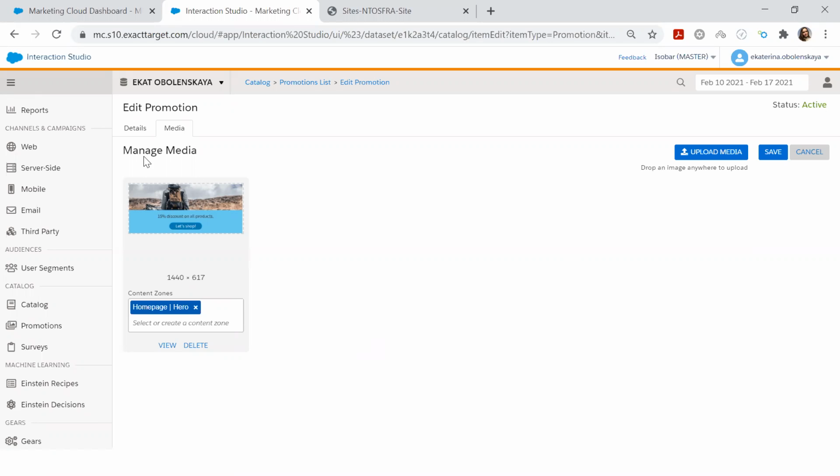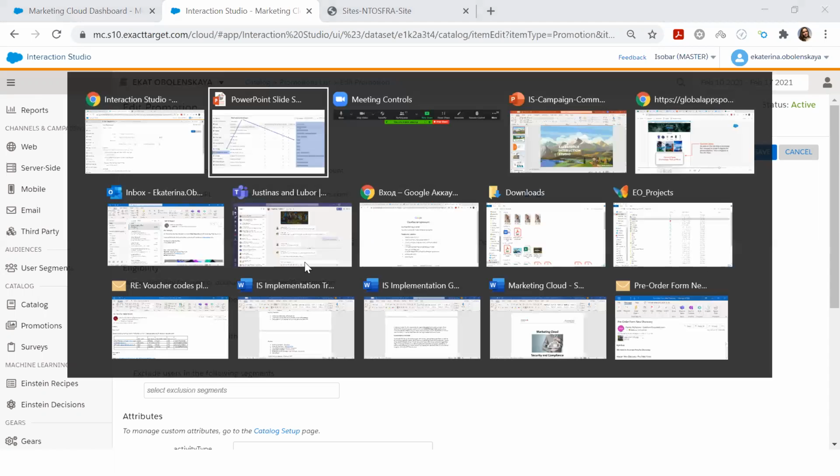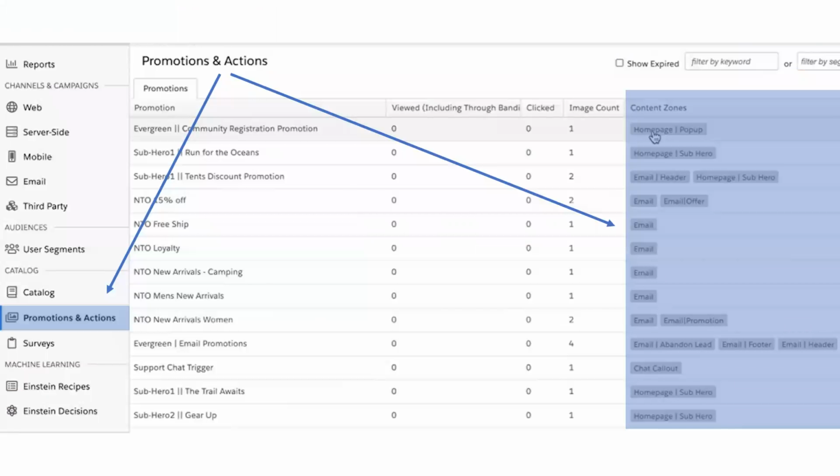This image and all related details like the targeted URL will be shown on this promotion, let's say on the web. So this is in terms of promotions. If I go back to my slides deck,